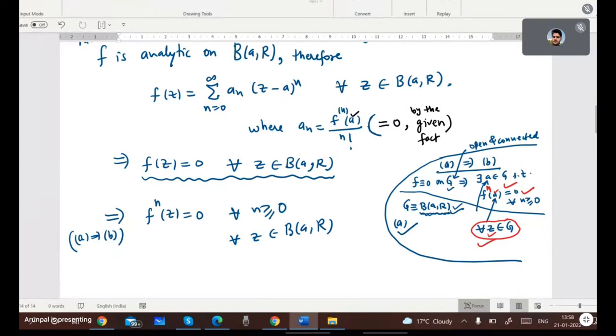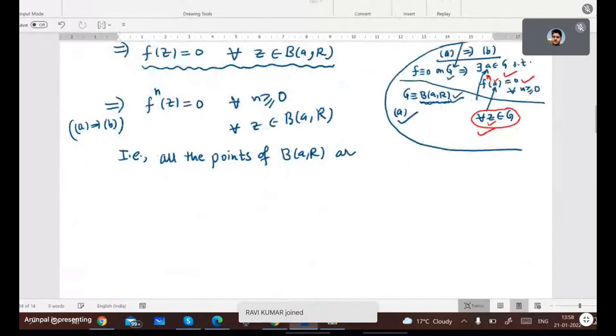It means, class, that all the points of B-bar are satisfying